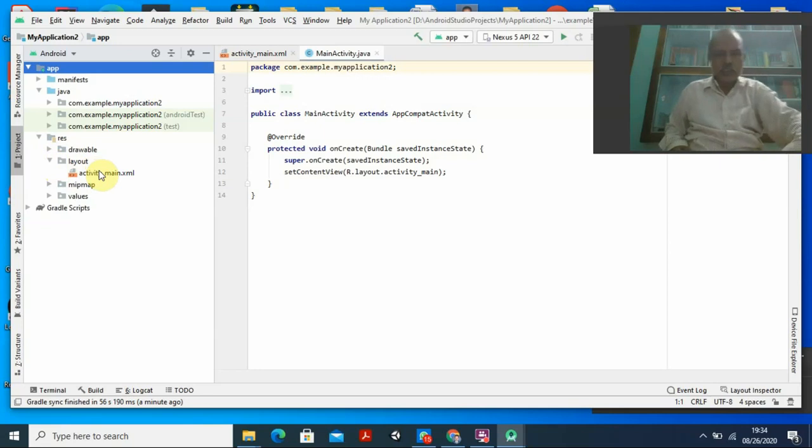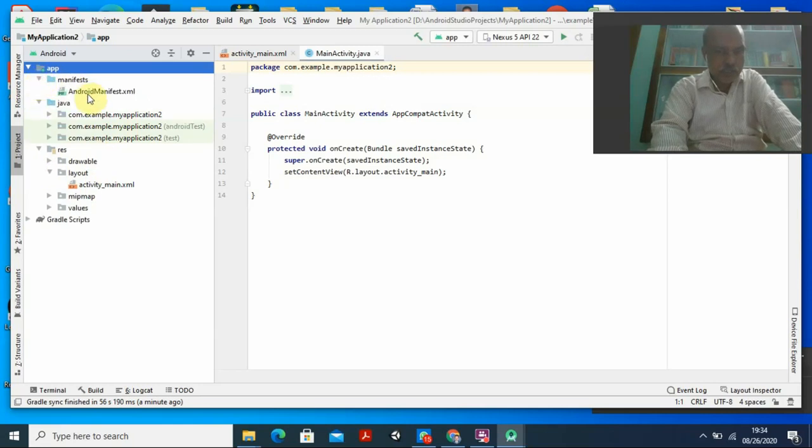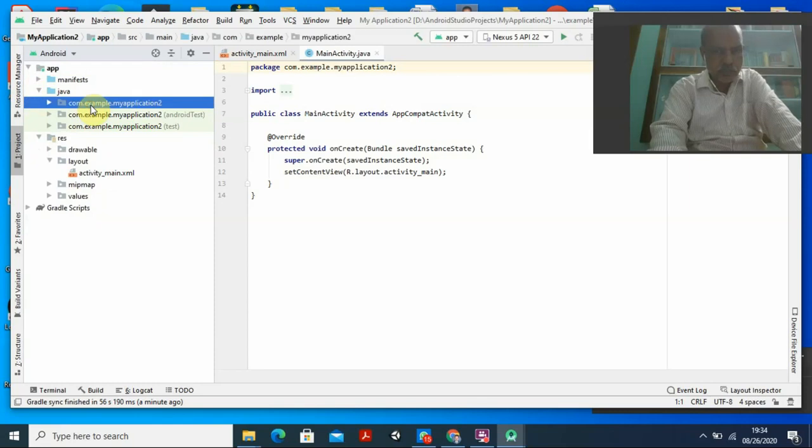These are the things I have already explained to you in our class. I am giving this because some of the students requested, sir, show us some video, that is the reason I am showing all these things. So three important things are here. One is the manifests. Under this manifest you can check Android manifest.xml, but don't tamper with anything. And under this Java, the first file is important. If you double click here, you can see the main things that will be there.